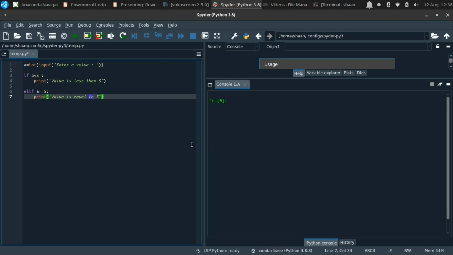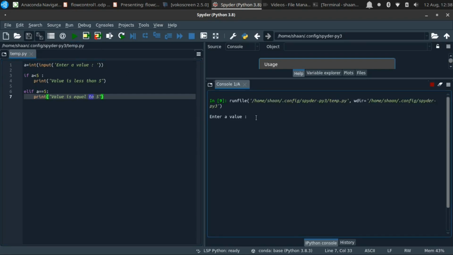So let us see the outcome again in the Spyder. Now here the program is already written. So what I will do is I will execute this program and I will provide a value 12. So here you can see that as soon as I press enter after giving the value, the control will go to line number 3 and it will check whether this value is less than